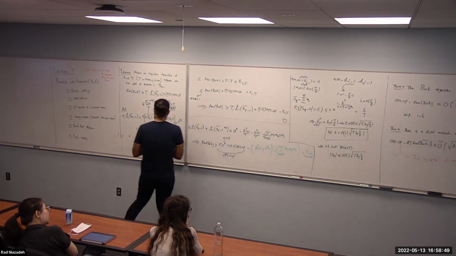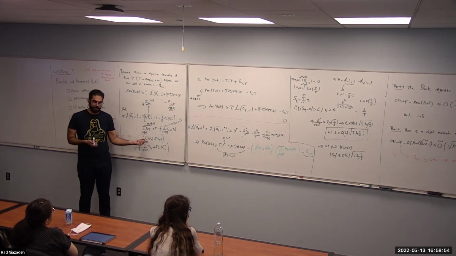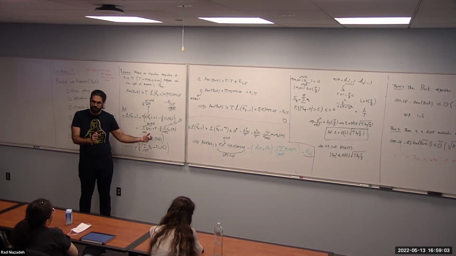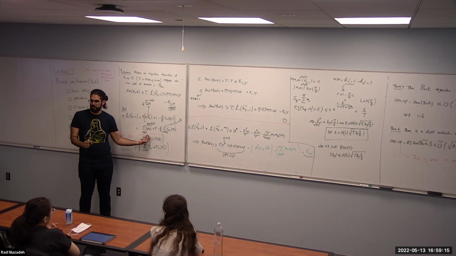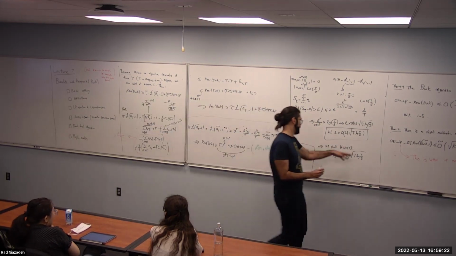Because even if I condition on the sequence A_t, you look at the reward realized from one particular arm at a time. You have a sum of independent random variables on one side, each one bounded by 1. And on the other side, you have the expectation of their summation, because the expectation of R_t is equal to R. So you can use even a Chernoff bound here, but Azuma would be enough, and you get more or less the same type of bound.